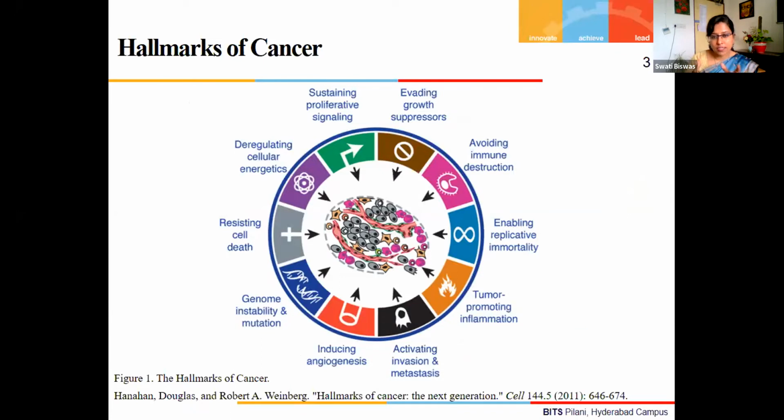So this Hallmark actually tells us what are the things which are happening with the cancer. So there are evading growth suppressors, avoiding immune destruction, then abnormal proliferation, limitless replicative potential, genomic instability, and avoidance of apoptosis. So all these things are there in the cancer. So now how we can induce apoptosis in cancer cells is considered to be a great therapy for cancer cells. But now it is possible to kill the cancer cells by many different means, but how we can target it there,